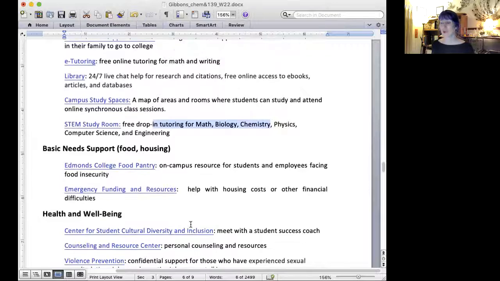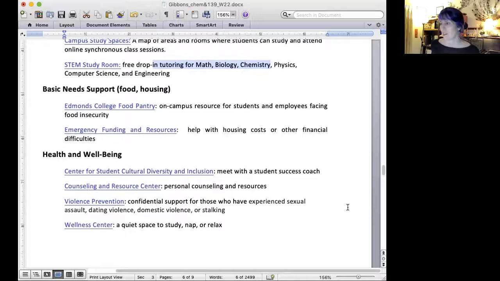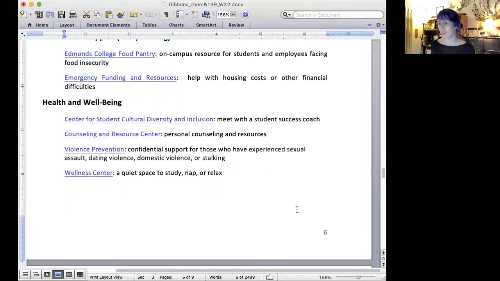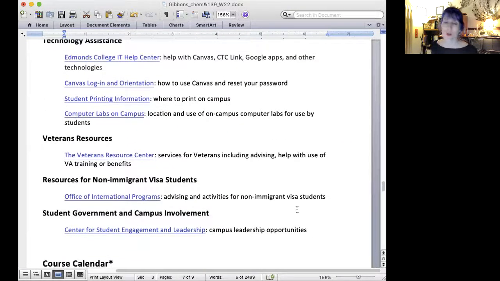There's a food pantry and emergency funding. There are a lot of student resources. If you have needs, definitely reach out, because there are a lot of benefits to being a student. We want to support you to really be able to work at your best. There's a student success coach, counseling, wellness, violence prevention, and technology assistance, and these will all be on our course website as well as in the syllabus.